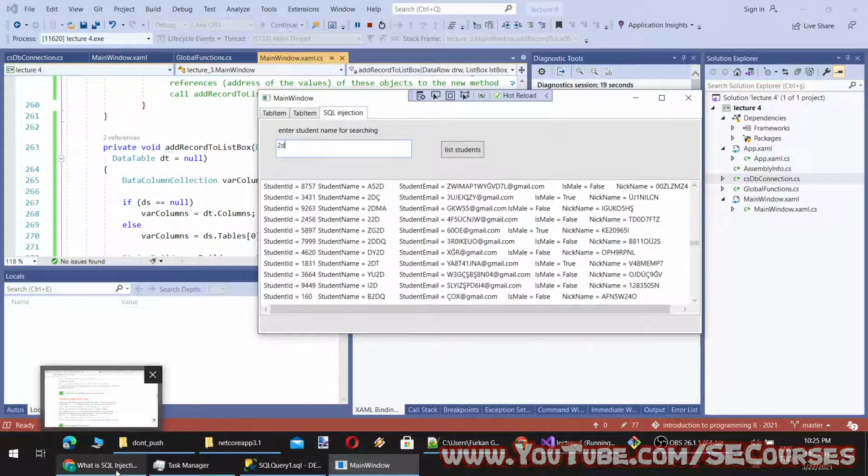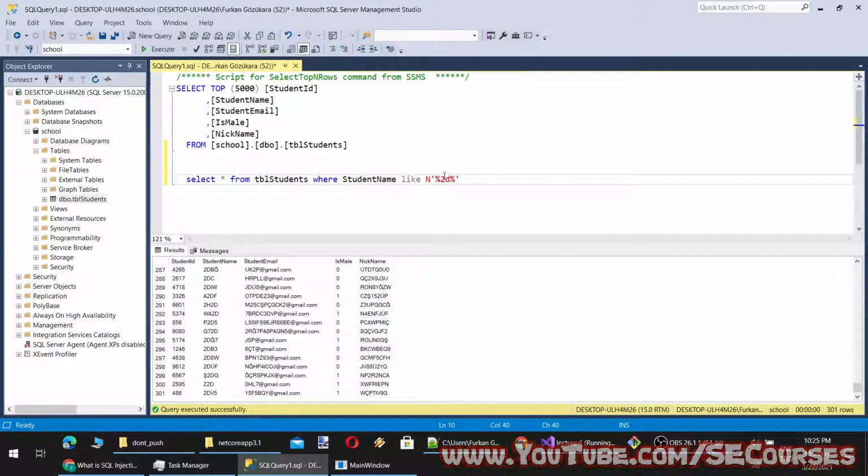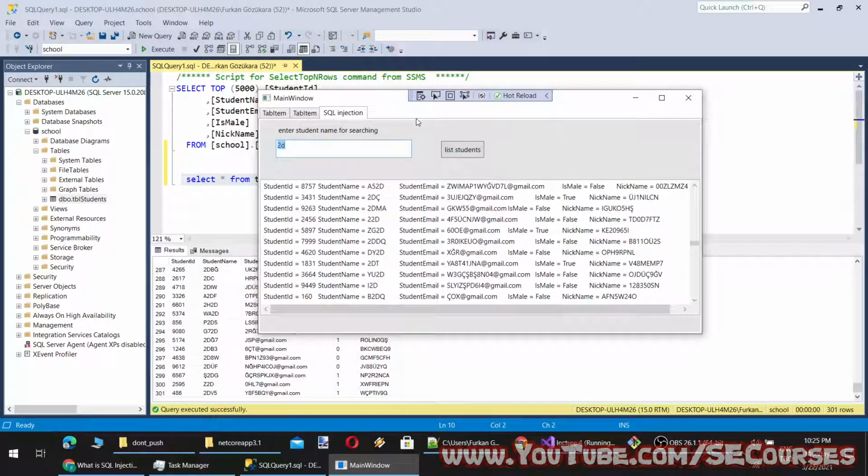For example, let's make an example of this. So our query is something like this, right? What I can do is end the previous query with this, and then, for example, I will change the student name of ID 8757. How am I going to do that? It's something like this. Update TBR students.